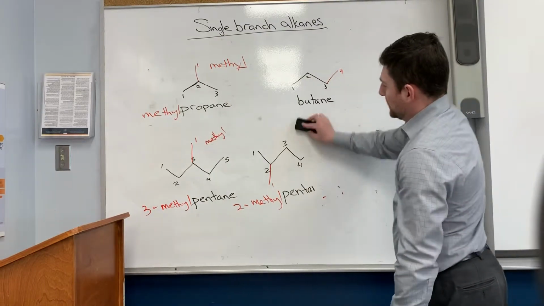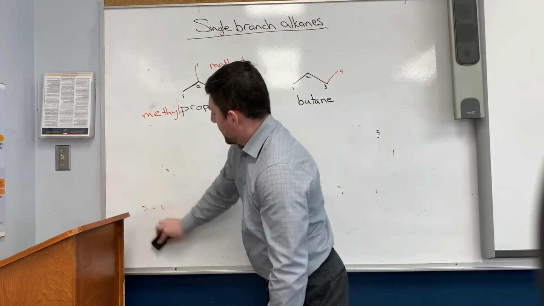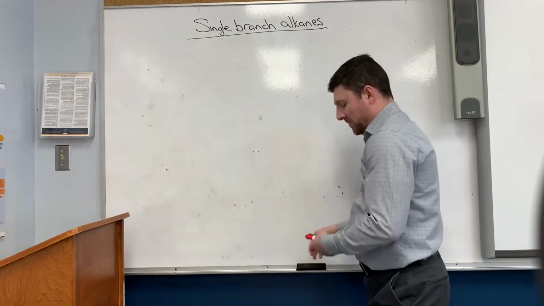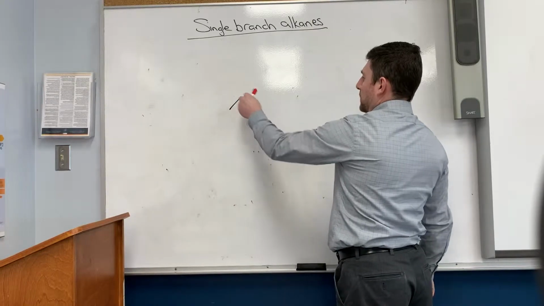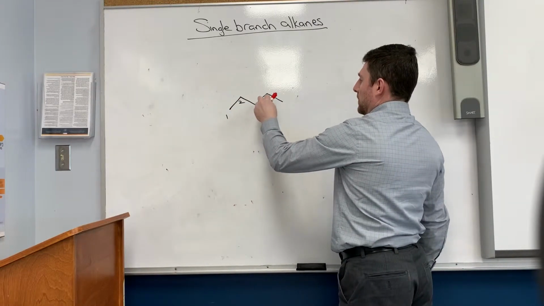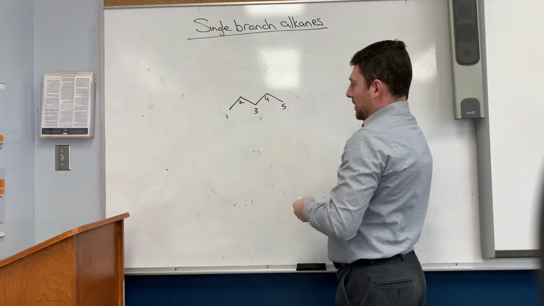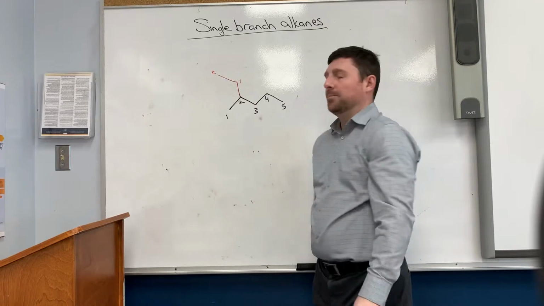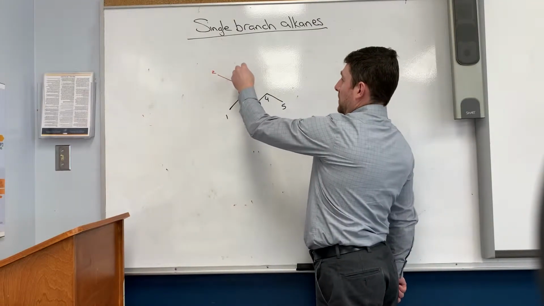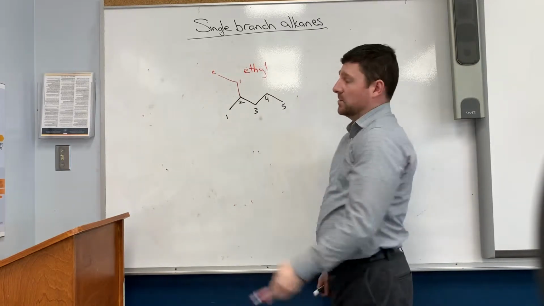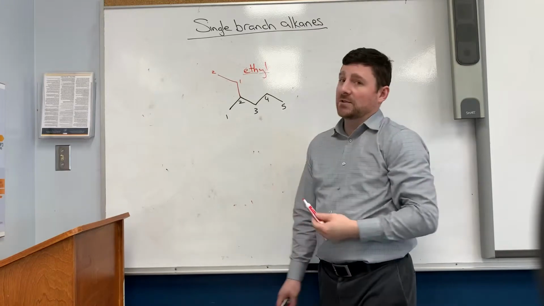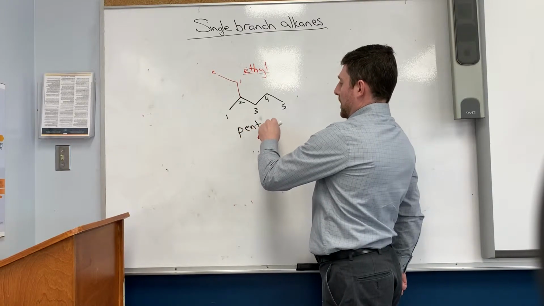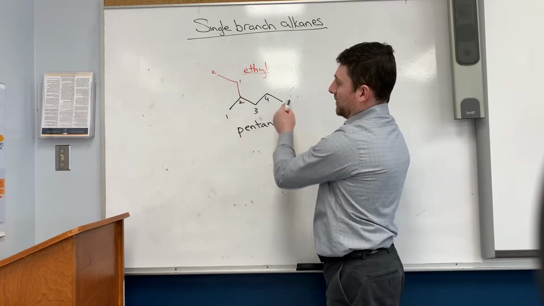So we could try one more example, and probably show one more point. If I do 1, 2, 3, 4, 5, and I'm going to put in, instead of a 1 carbon branch, a 2 carbon branch this time. So you could call that ethyl. The 2 carbon prefix is eth, and the branch suffix is yl. And because this has 5 carbons, we call this pentane. And because you could potentially put that branch on a different location,